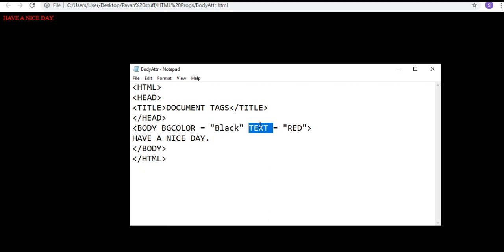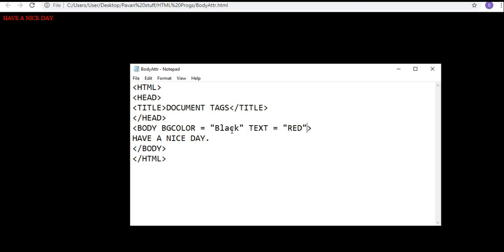Text is the attribute name and red is the value. Okay. Clear? Yes, sir. And you just tell me if you want to check any other colors.